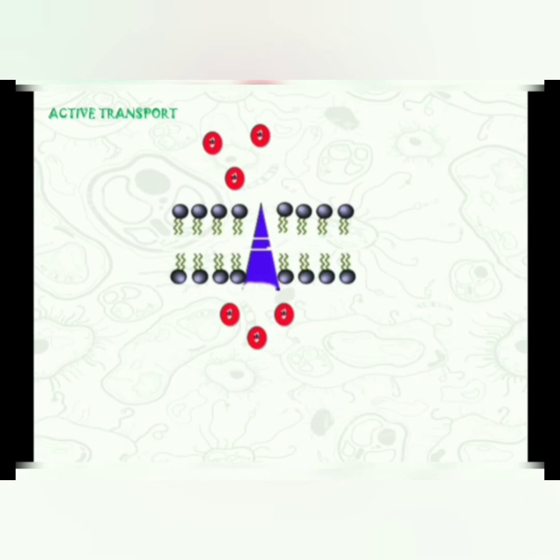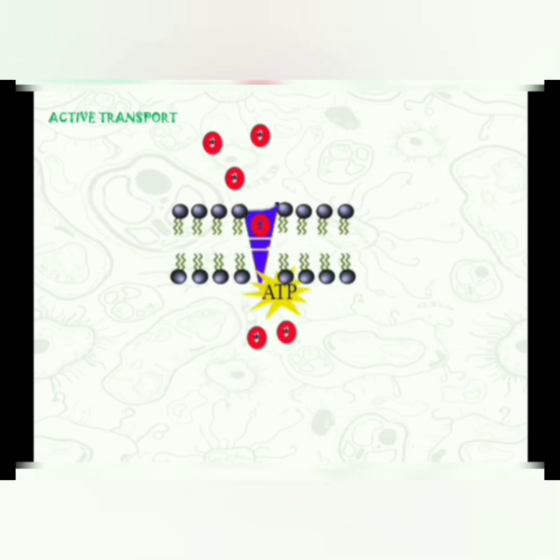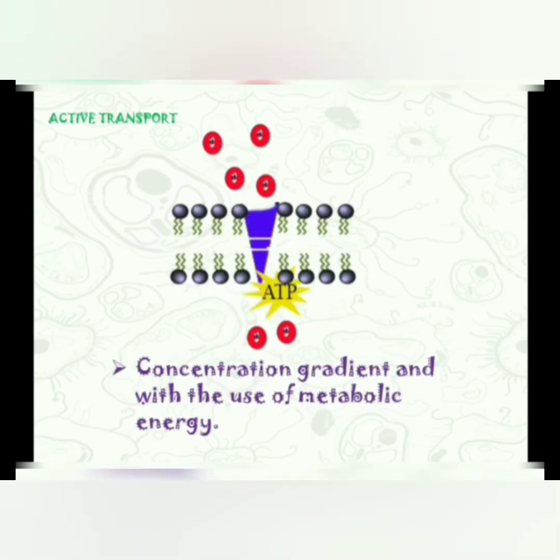Active transport. Active transport occurs against the concentration gradient and with the use of metabolic energy. Metabolic energy is used to move ions or molecules against a concentration gradient, which results in the accumulation of solute on one side of the membrane. Primary